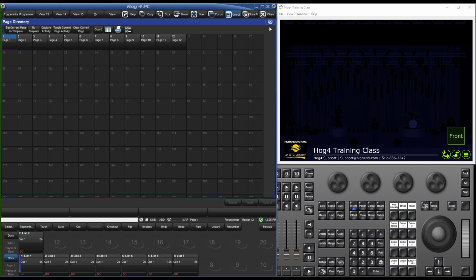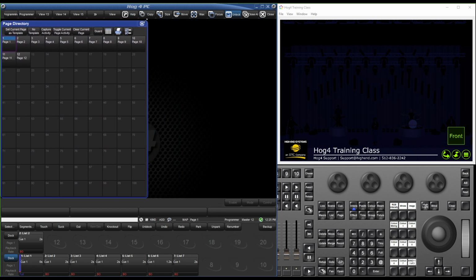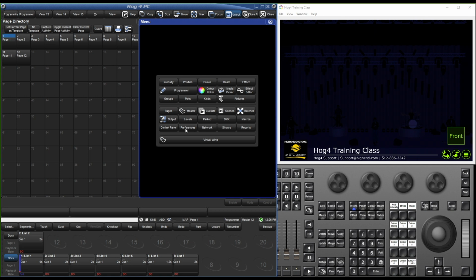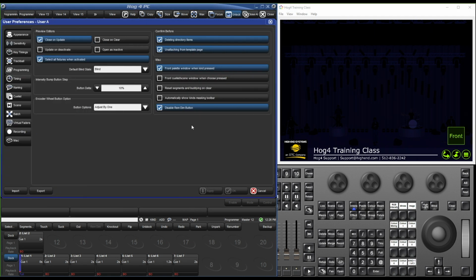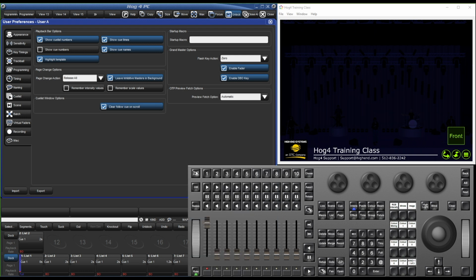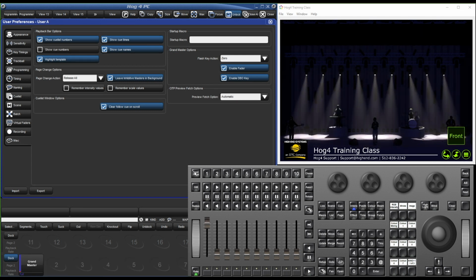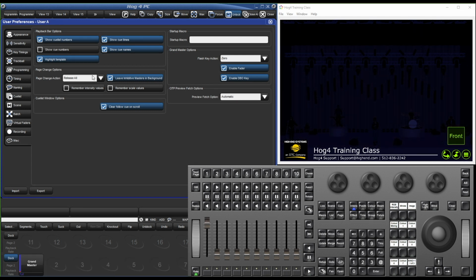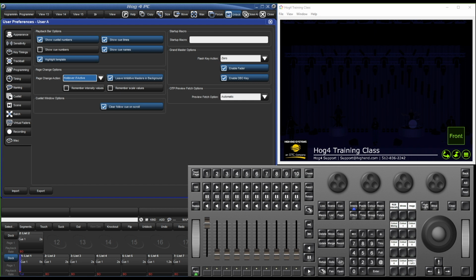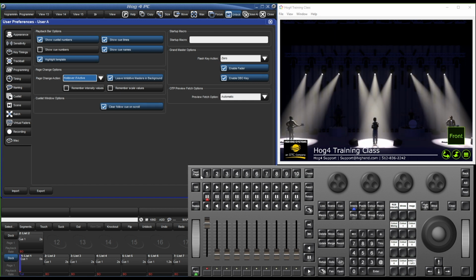There's a couple things you can do to mitigate this. One of them is that you just don't enable that activity to where it doesn't release. So in preferences, I'm going to max this and then go into miscellaneous. You can actually change your page change action. Right now it's set to release all, which is why whenever I have this cue list going and I hit next page, it releases. So if you change that to hold over if active, then when I hit go, my lights are going. When I hit next page,